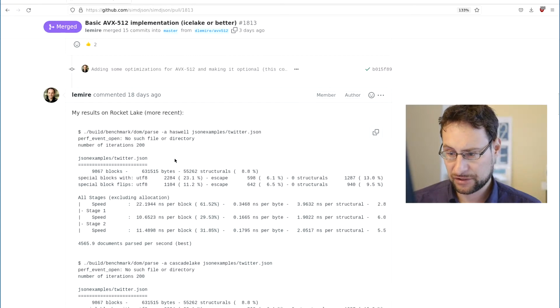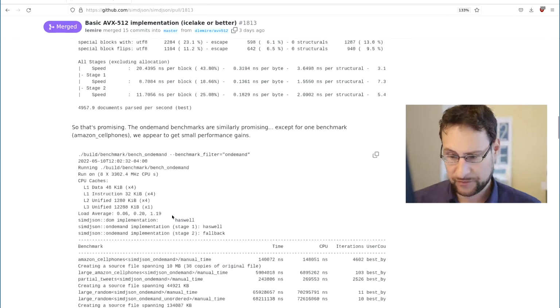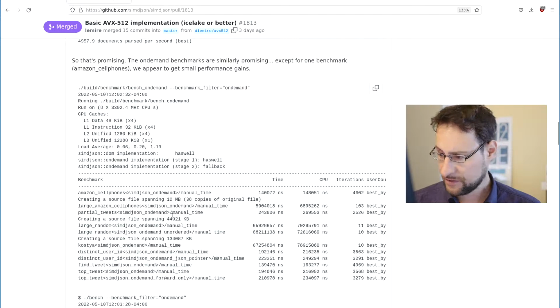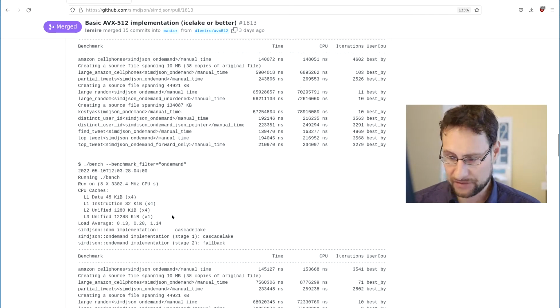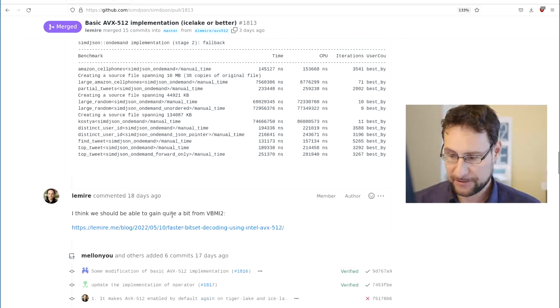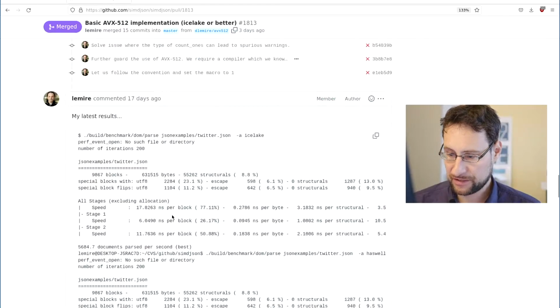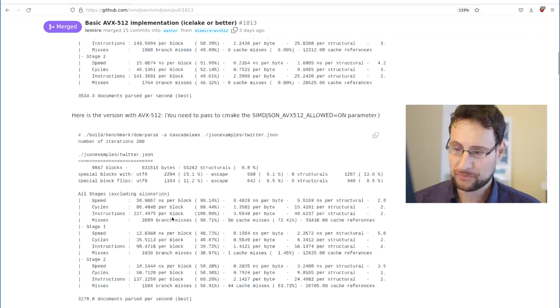So results, Rocket Lake, most recent. Do we have some summaries here? So that's promising. And also benchmarking, right? If you just implement stuff and you think it must be faster, often it is slower, right? Benchmarking, and no premature optimizations.